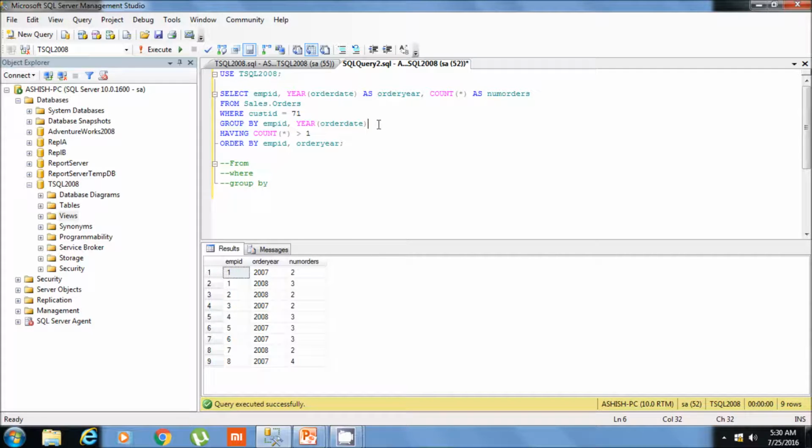After fetching customer ID 71 rows from the Sales.Orders table, it groups the rows based on employee ID and year of order date. Here year is a SQL function which takes a datetime value as input and gives us the year value. So now we have orders of customer ID 71 grouped by employee ID and year of order.